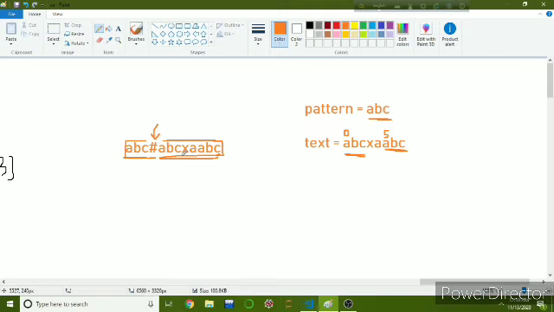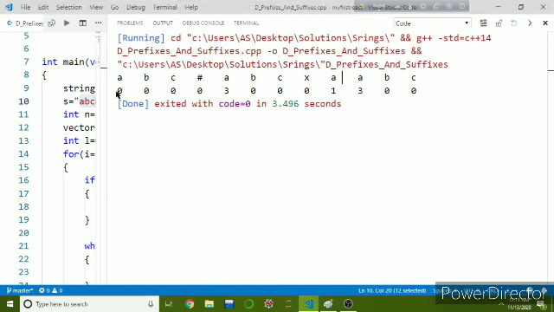After that, we have to calculate the Z array of this whole string, and if we can find any Z value that is equal to the pattern length at any index, then we can say that starting from that index this pattern will occur. We can see here the Z values of the corresponding string, and in this case our pattern is ABC, so the pattern length is 3.